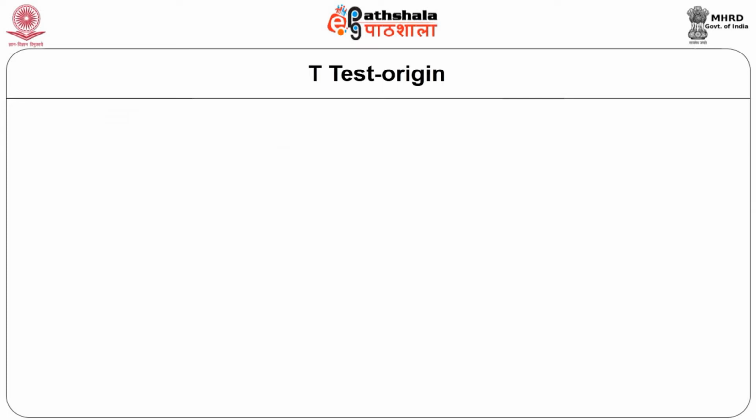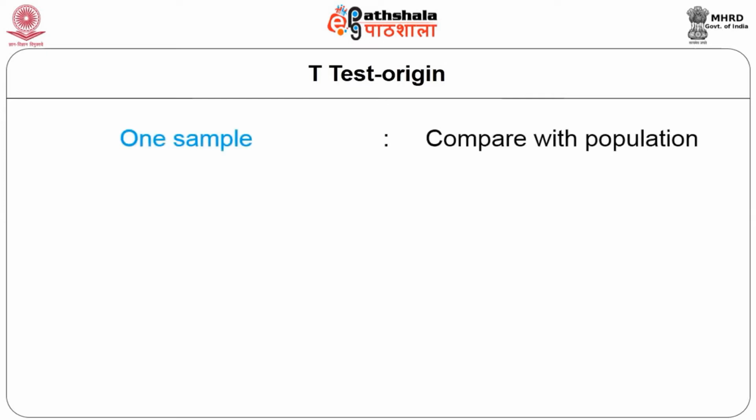This test is very popular and many researchers use the student t-test, and it has three types. One is the one sample t-test, where you conduct only one experiment or intervention study, take the mean and SD of that study, and compare it with the mean available in a research paper or from a third party. This we call a one sample t-test.